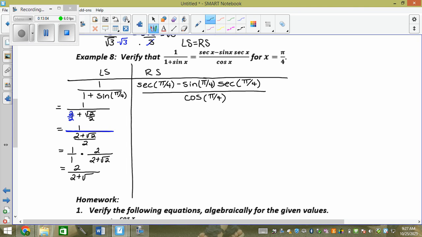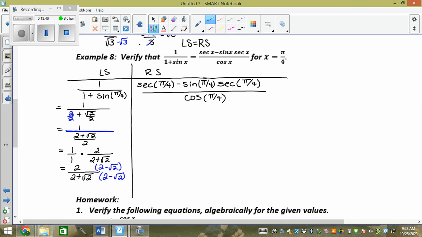And then welcome to grade 11. What did we do in grade 11? 2 minus root 2. We rationalized the denominator, and when we had a binomial in our denominator, we multiplied by the conjugate, which is the same thing with the opposite sign. Because when you multiply by a conjugate, your first term and your last term will stay, and your middle terms will cancel. The middle terms are the ones with the roots, so you want them to go away. So if I multiply this by 2 minus root 2,